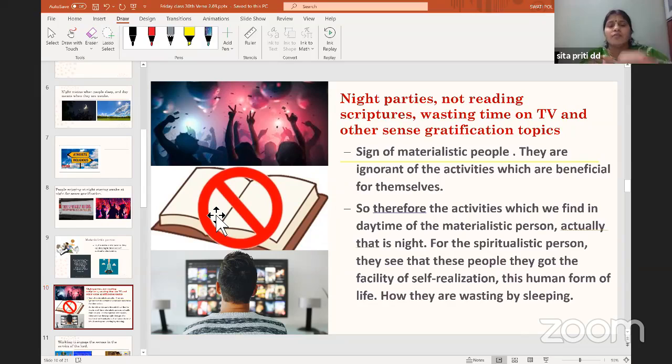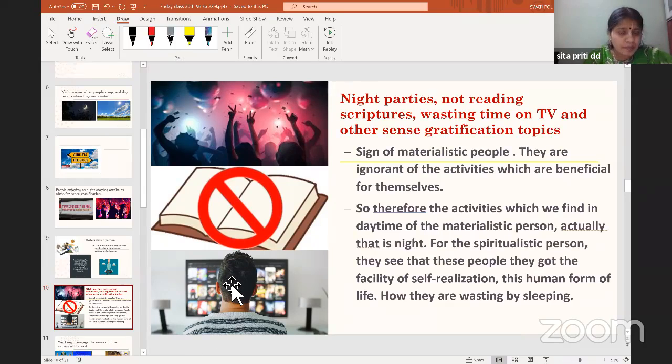Look at my time. I have to go and eat. Look at my time. I have to watch TV. So these people will not go into reading. They will not go into any Bhakti Vriksha. They will sit in front of the TV on Friday night. Such people, though they are awake in the daytime, are considered to be in